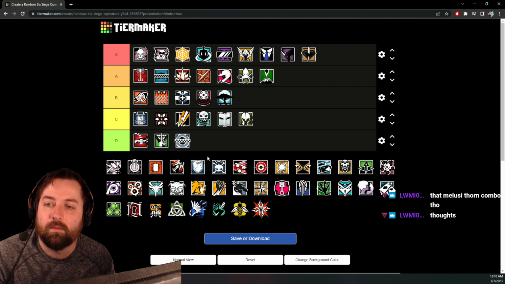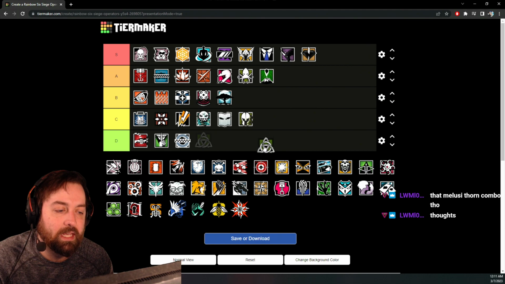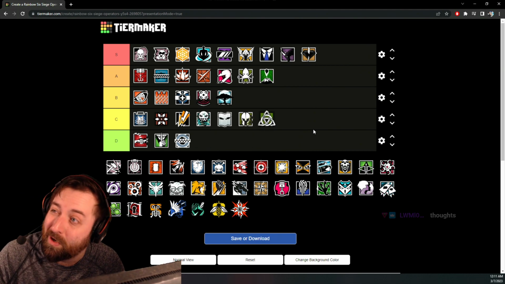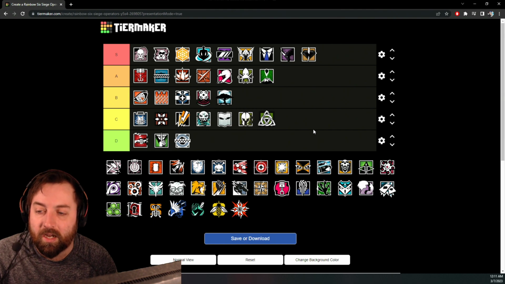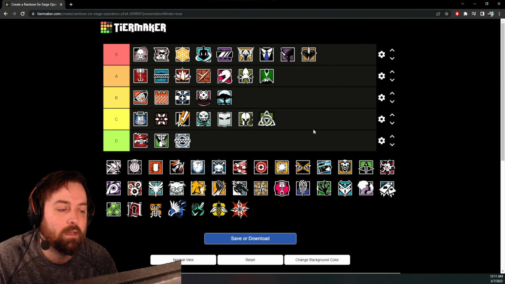Malusi Thorn combo, I think that's kind of mid. I think that just kind of sucks. So Thorn is one of the worst operators in the game in terms of utility. So I'm going to place Thorn at C tier because her utility is pretty bad, but she's a really good gun. Does a lot of damage and good secondary, but she doesn't have much else. I think she has a shield though. That is one saving grace that she does have a shield, but the